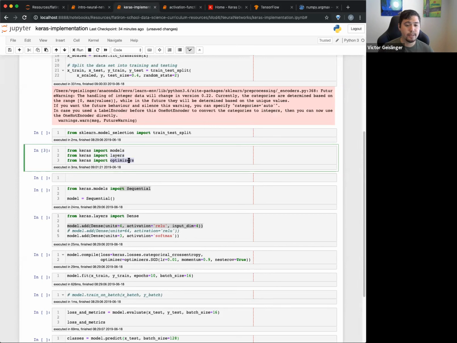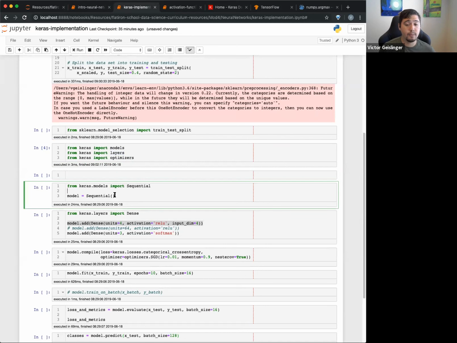And then optimizers allow us to do other things. We can talk about that another day. But for example, there's the Adam optimizer, but there's a bunch of different optimizers you can use. You can build your own, for example. So we import this guy. We're going to build a model. We're going to make a sequential model, which means a neural network that we've seen so far.